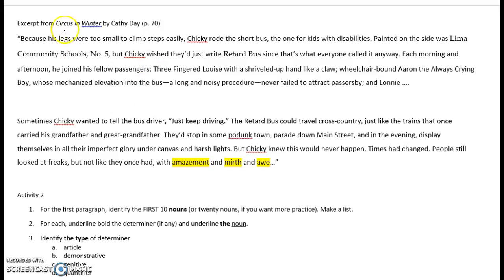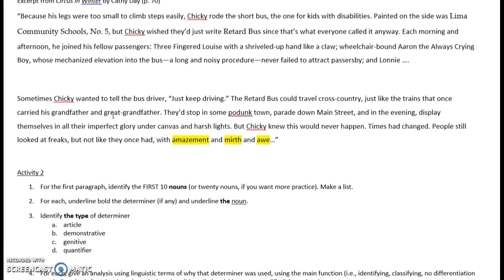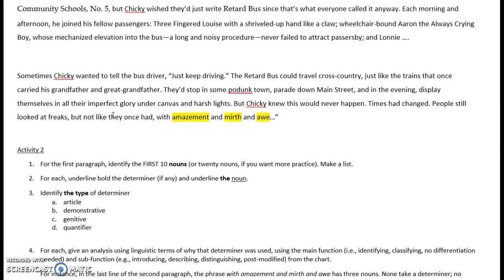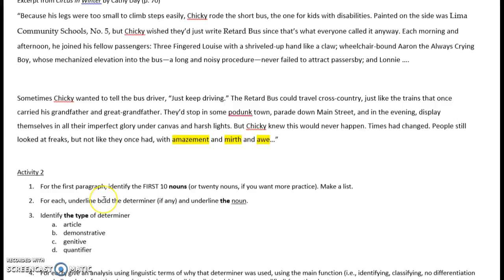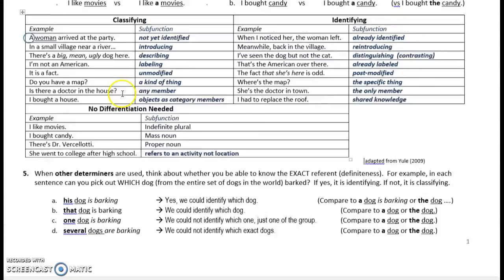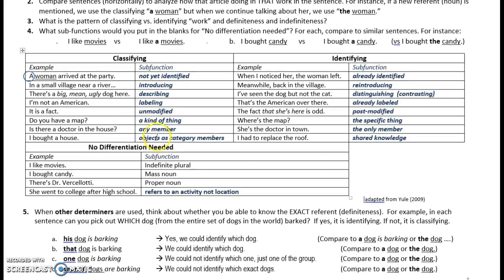This is an excerpt from Circus in Winter by Kathy Day on page 70. And the activity is to identify the first 10 nouns, or 20 nouns if you want more practice, and go ahead and make a list. For each, you can bold the determiner or circle, underline the noun, and identify which type of determiner it is. And using these exact subfunctions that we talked about,